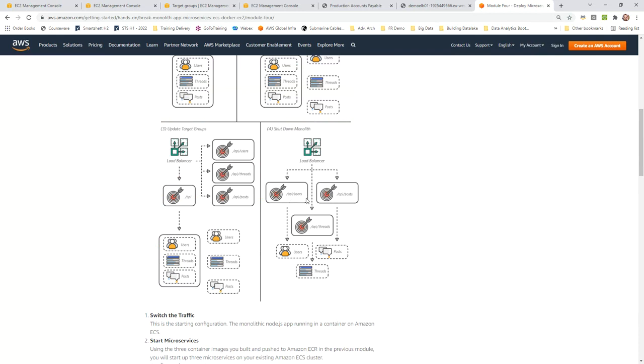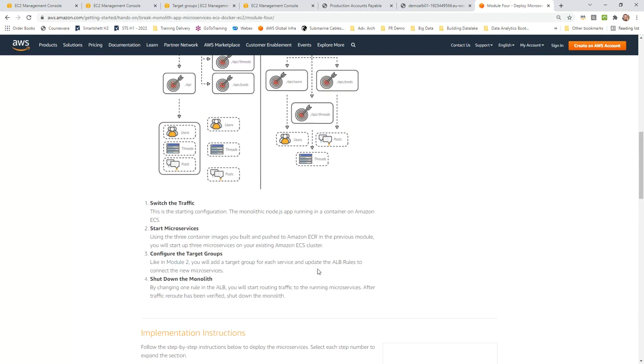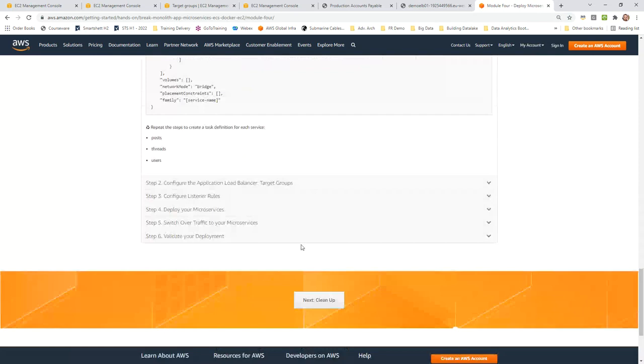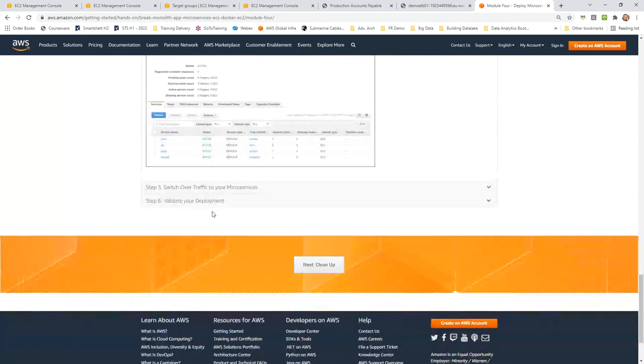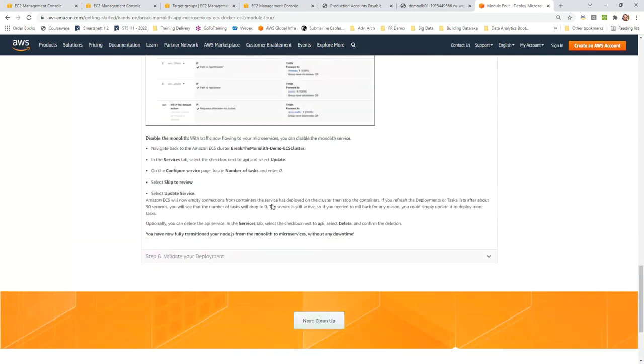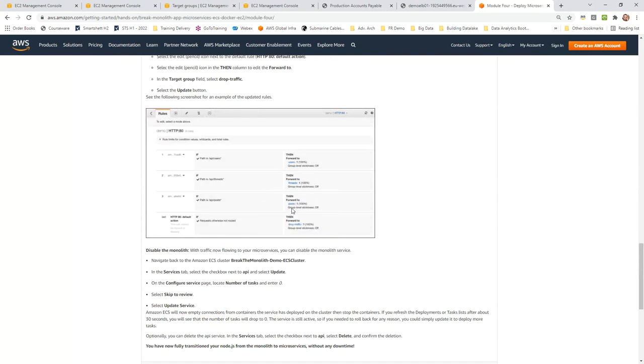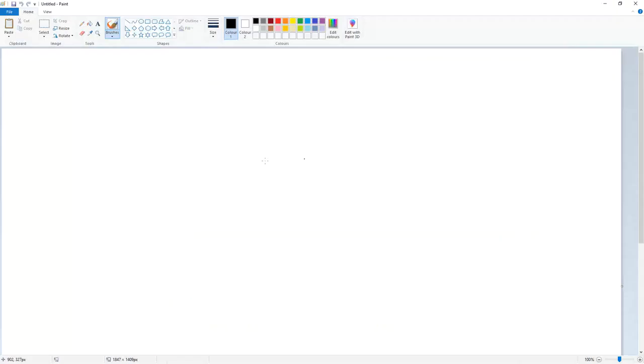If a request comes to API/user, forward here; for API/post, forward here; and for API/thread, forward here. That's how we can implement this solution. It should not be a problem at all. So you deploy your microservices here, and if I can get this picture and display it in Paint, you would be able to understand how exactly my request is getting rerouted.